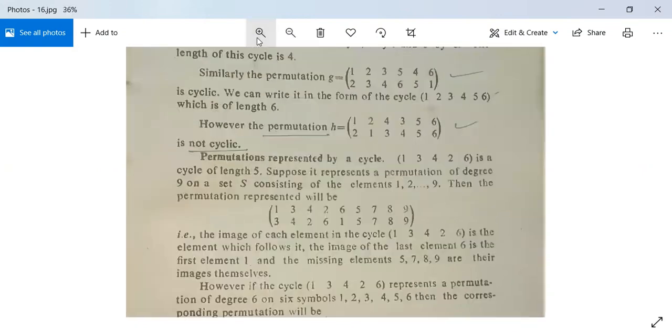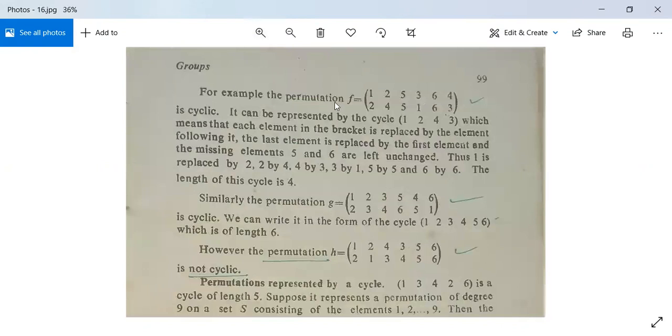एग्जाम्पल से क्लियर हो जाएगा क्या है ये। For example, the permutation f is equal to 1 2 3 4 5 6 over 2 4 1 3 5 6। देखो यहाँ 1 goes to 2, 2 goes to 4, 4 goes to 3, 3 goes to 1। तो यहाँ पर जो 1 है ये अगेन 1 पे आ गया। तो 4 एलिमेंट्स हैं, 5 goes to 5 and 6 goes to 6। This 5 and 6, these two elements are left unchanged, means first 4 elements are written in this way।